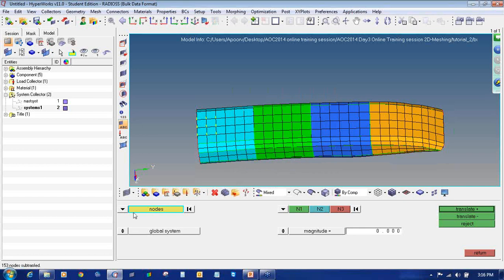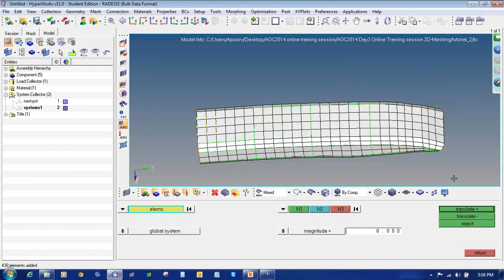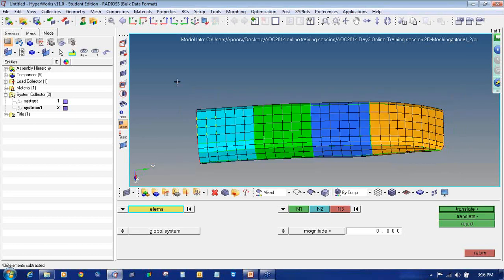Then to select and deselect the elements, the process is the same. From the drop box you can select the elements, or you can manually pick the elements to select them for the purpose, or you can manually right click on them to deselect. You can click on the reset option to deselect all. Shift left mouse button and drag to select all, or deselect those which come under this box. So these are the different options to select and deselect the elements.